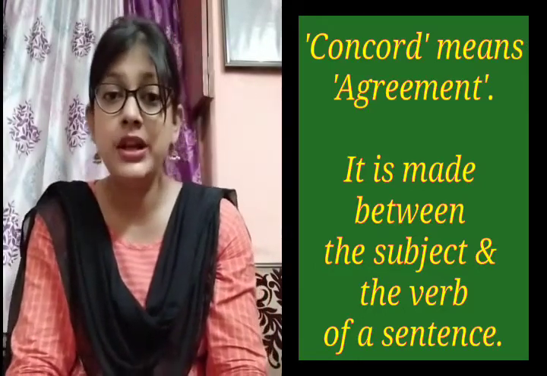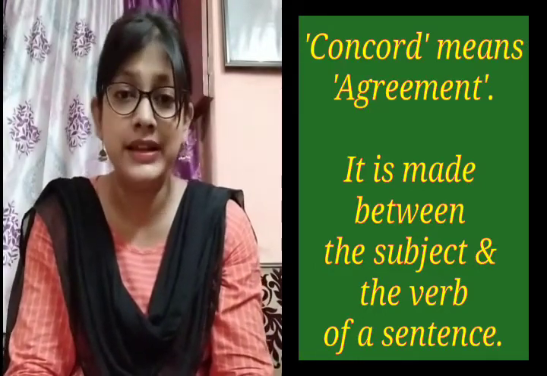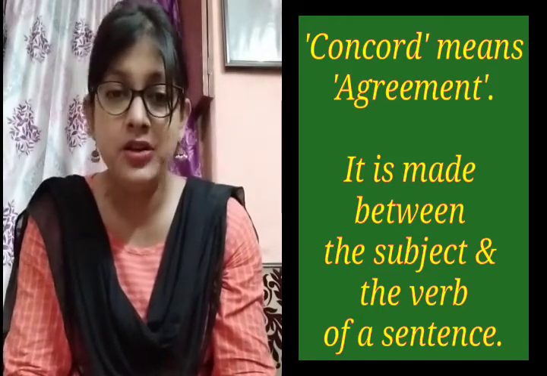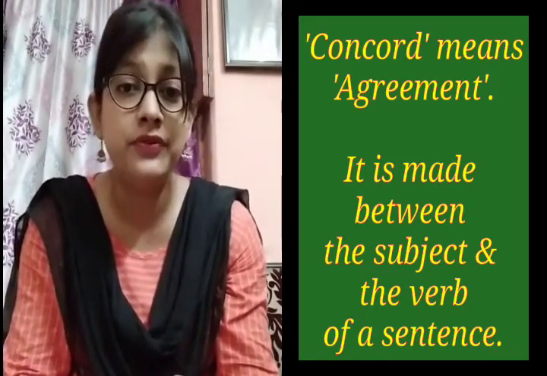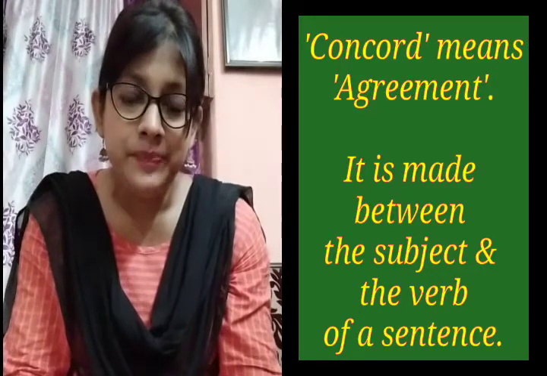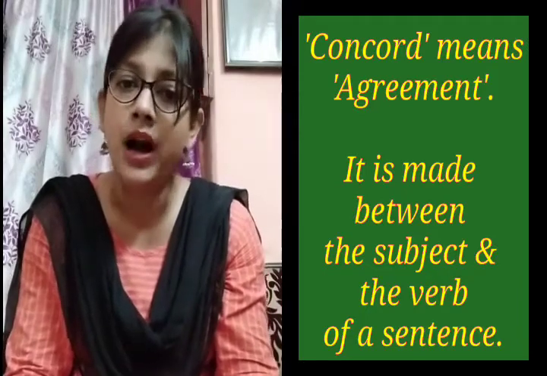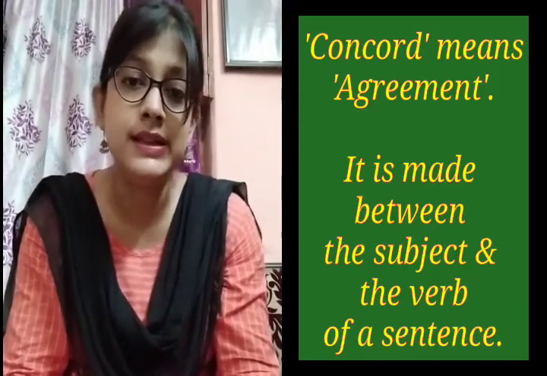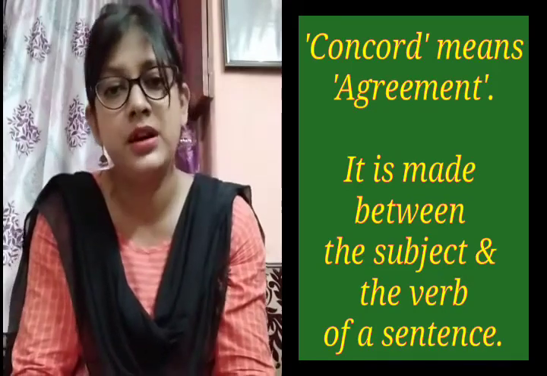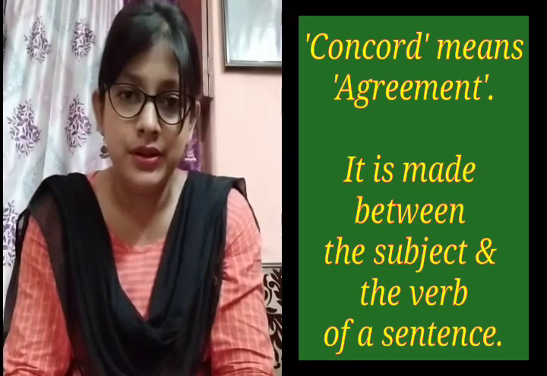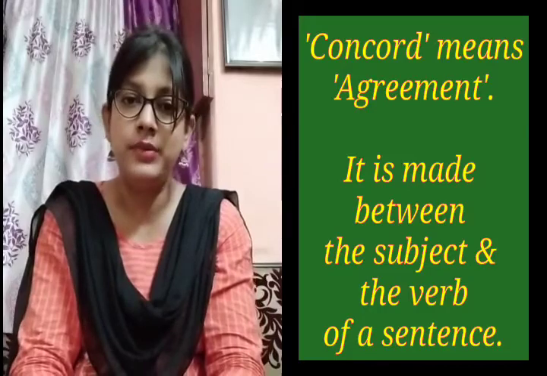When you see that the subject of a sentence and the verb of a sentence agree with each other, in that case the subject deals with the verb in a sentence. Suppose the subject of a sentence is singular, then the verb must be singular. But when the subject of a sentence is plural, then the verb must be plural. That is the rule. So these rules are called subject verb concord. There are some specific rules, so I will discuss 12 rules one by one.